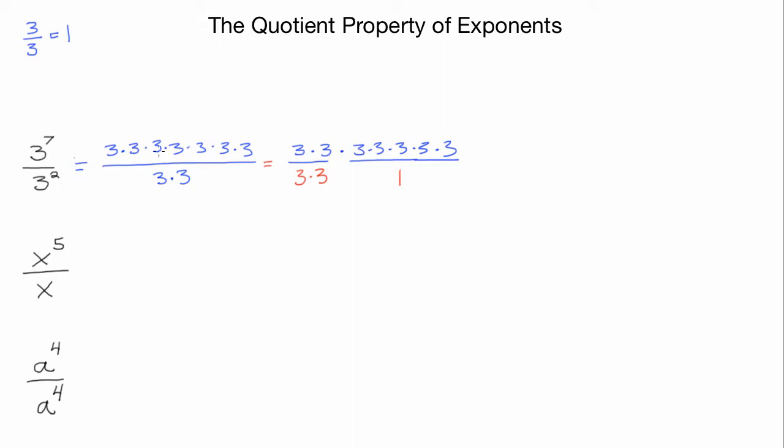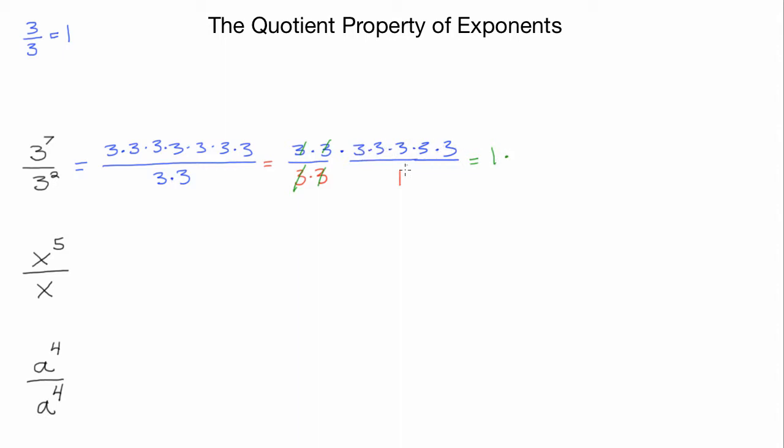Fractions multiply the numerators and multiply the denominators, so I can split them back up again. If I wanted to get back to this, I can multiply the top to get 3 to the 7th. I can multiply the bottom, 3 times 3 times 1, to get my 3 squared on the bottom. But now when I write it this way, look at what happens here. I have 3 times 3 divided by 3 times 3. Well, 3 divided by 3 is 1, and there's another 3 divided by 3 which is 1. So it ends up just equaling 1